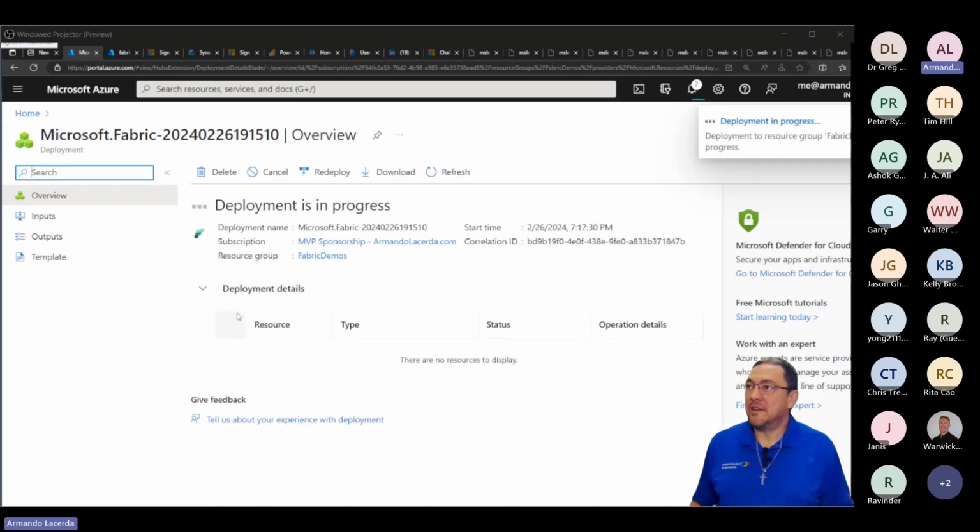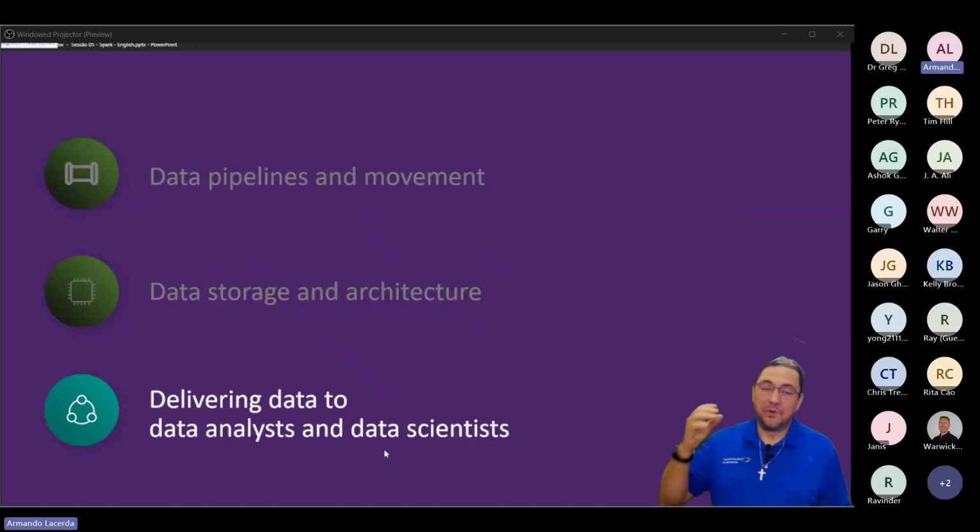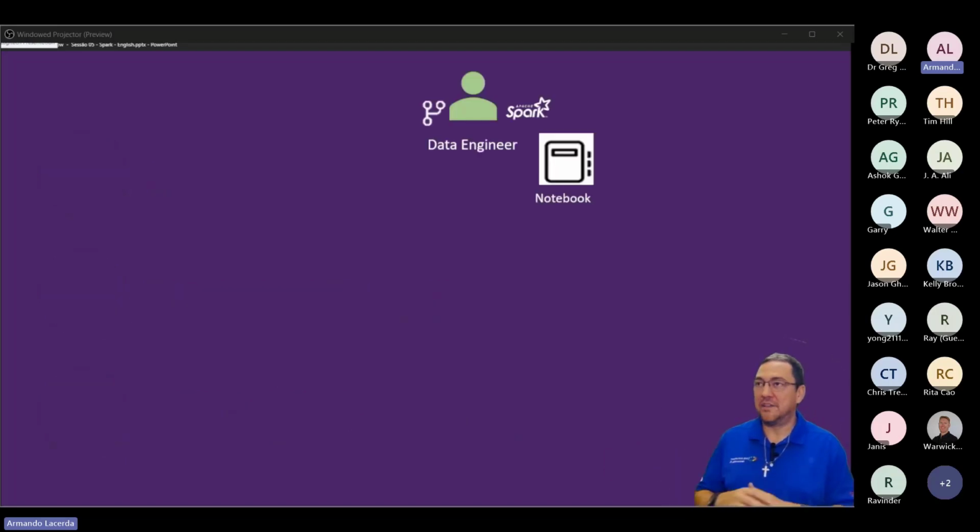And it's creating it. While it creates it, let me go ahead and show you the last slides on this one and wrap this up in terms of slides and finish up with the last demos. So the whole life cycle: once you get your workspace connected to the right capacity, and then you create your Spark pool elements or definitions for the workloads you're going to have on that particular workspace, the next thing is just having fun doing data engineering, right? It's the delivering data of the data engineering.